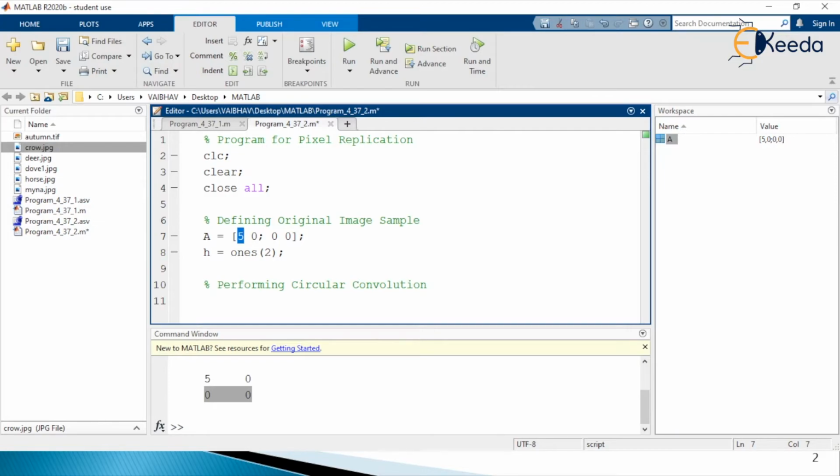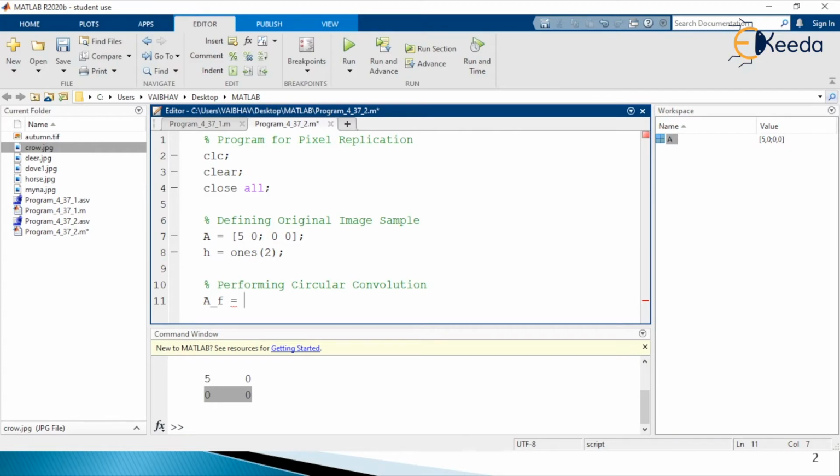So let us perform this with the help of the circular convolution. Mostly the circular convolution is performed by element wise multiplication of the two matrices when we are having the representation of the image information in the transform domain. Transform domain means the Fourier domain or the frequency domain here. I hope you know the Fourier transformation better. So here we are going to assign the Fourier information of the input image sample 5 0 0 0 to the variable name capital A underscore small f here.